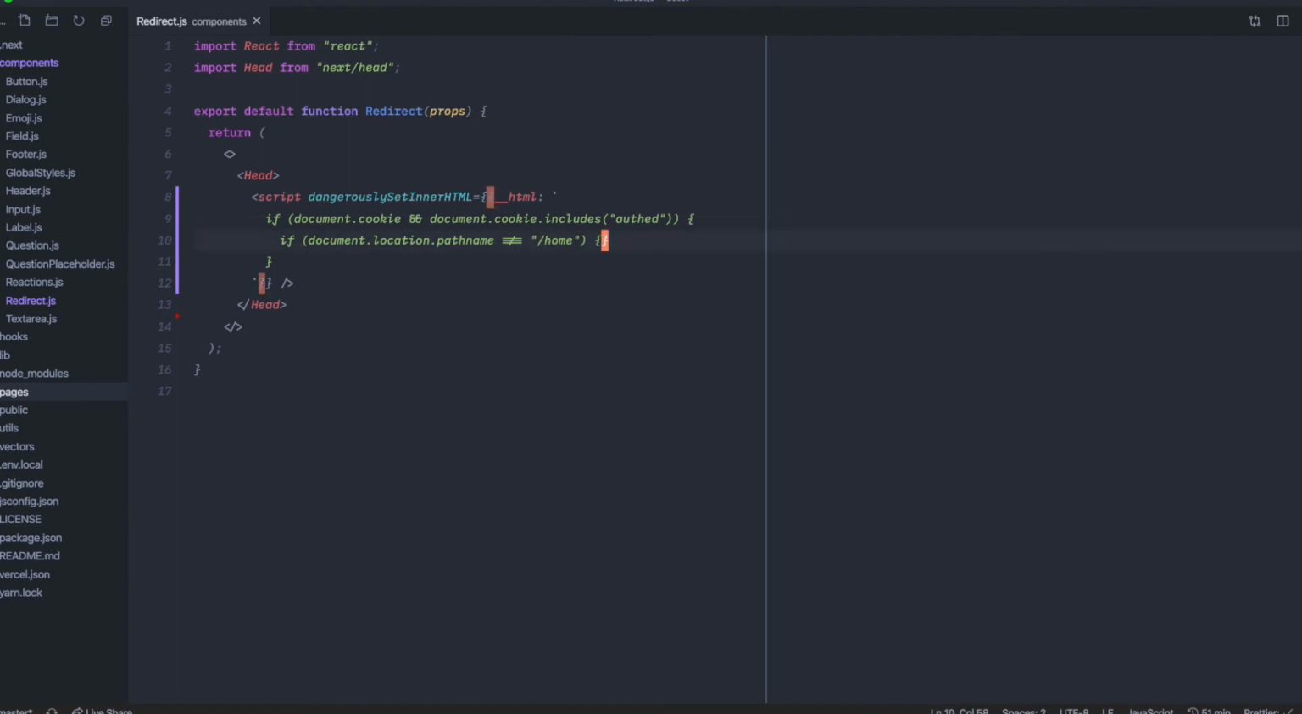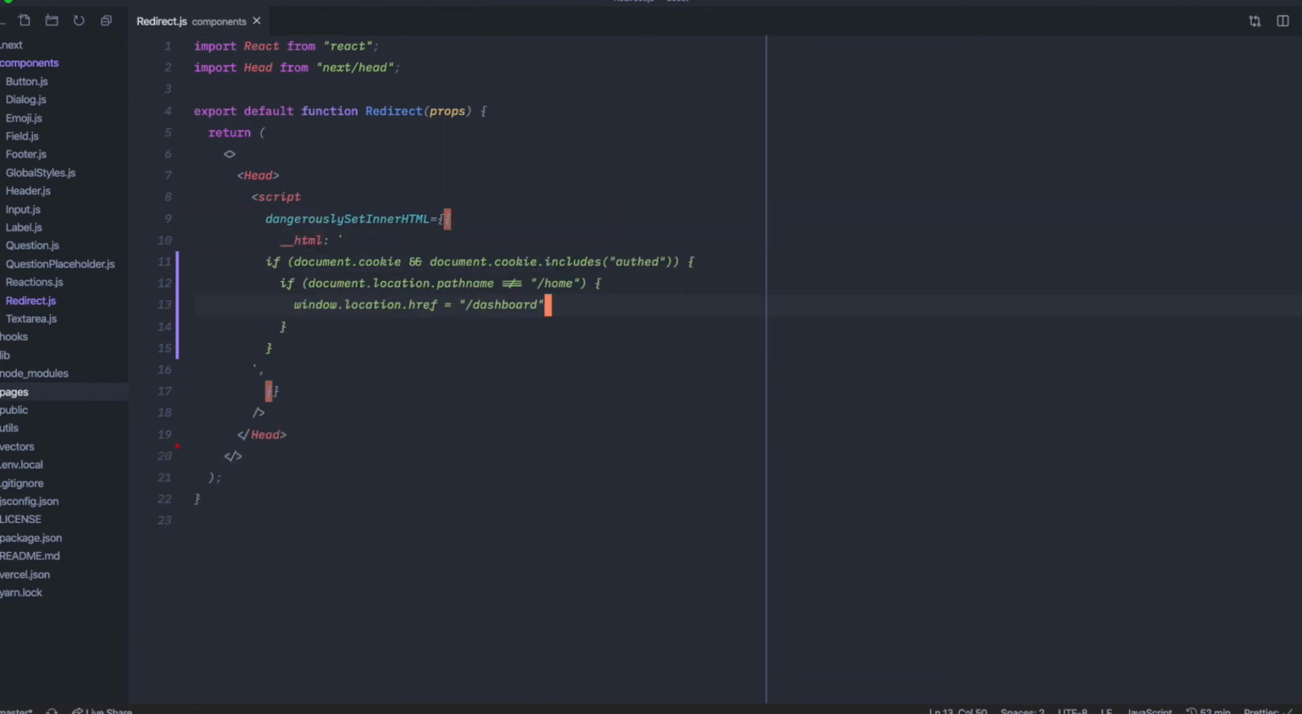But if I'm not on /home, I want to always go to my home page, which one is do window.location.href, and that's going to be equals to that dashboard page. Now I'm hard coding this one very specifically for the home page. We want to redirect to dashboard if you're logged in, but you can configure this with some props in here. So before we render out this component, let me just comment it out so we can see